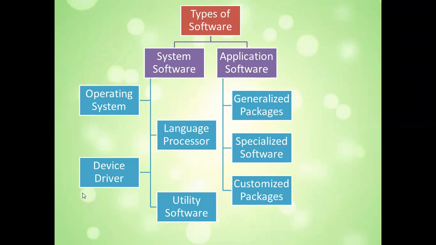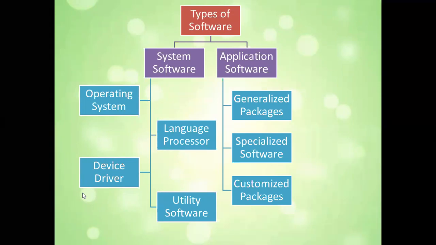For example, if a keyboard is attached, if a mouse is attached, if a printer is attached, everything which is attached to the computer is handled by device drivers. Suppose I'm going to install a printer with my laptop, and it's a printer of IBM or maybe of any other company, so I need to install a software of that company first so that the printer can be supported with my system. Without installing that software, I cannot use the printer with my system.